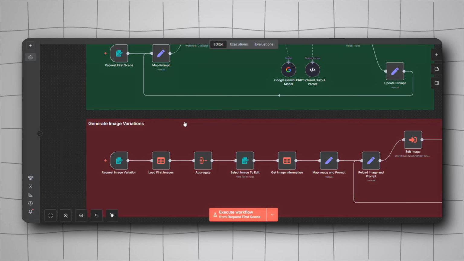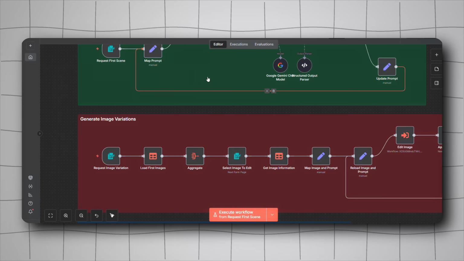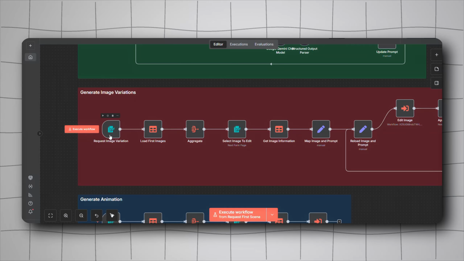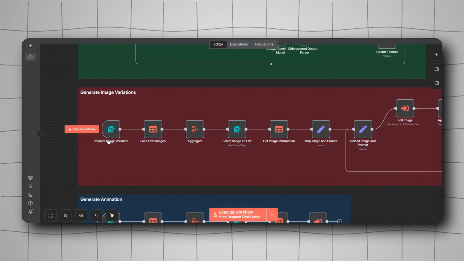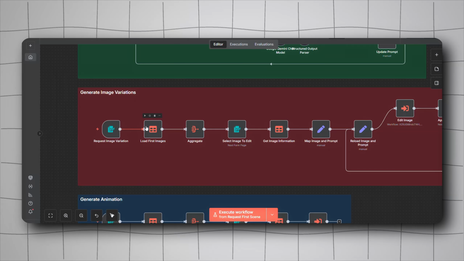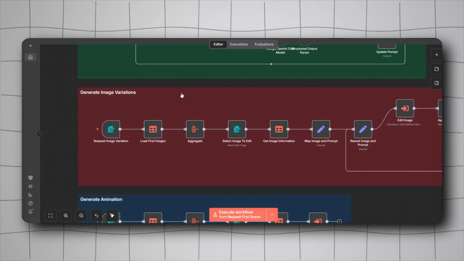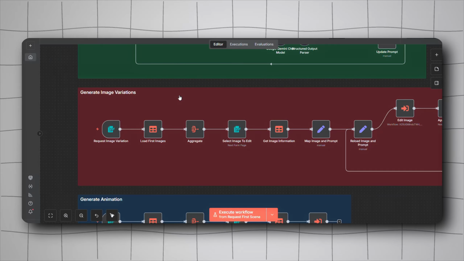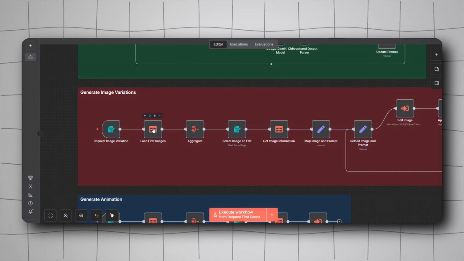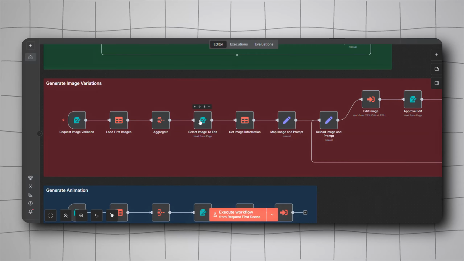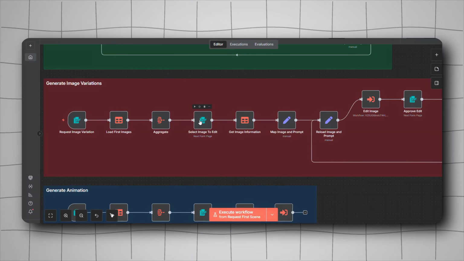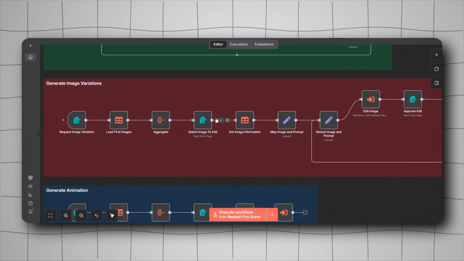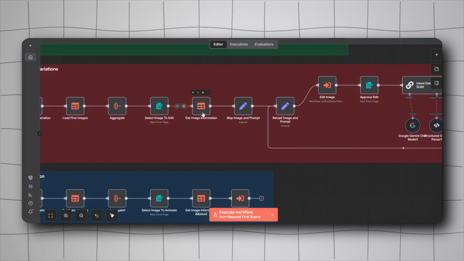For the second workflow, we are going to take in the images that we generated, the scene images. Basically, we are going to ask the user for a variation prompt. After that, we are going to load the images that we already have in our data table. For this case, we are using two data tables, one for the scenes and one for the variations. We are going to take in all the first images and we are going to use a next page for the form submission. Basically, the user can select which image he wants to create a variation for,